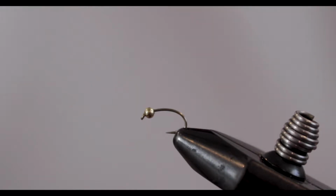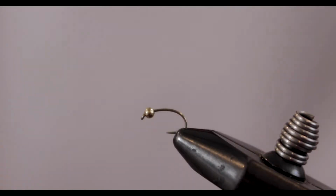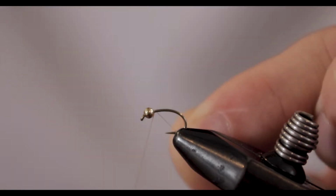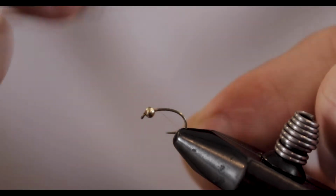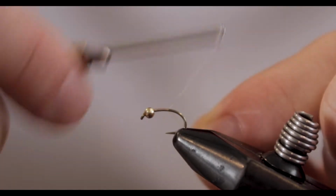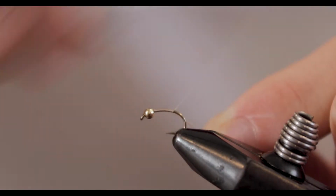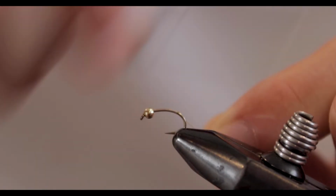So today we're going to be tying just a simple scud. I've got a size 14 lightning strike and just a 2.4 millimeter gold bead. So you go ahead and start your thread wraps, and go all the way down